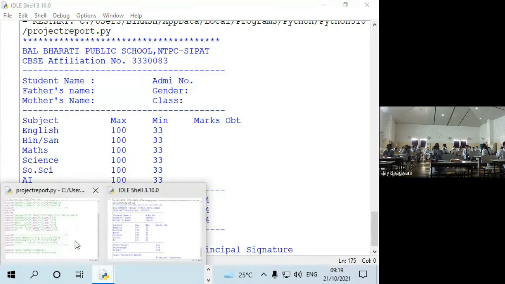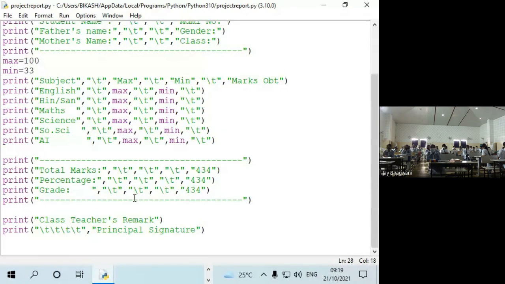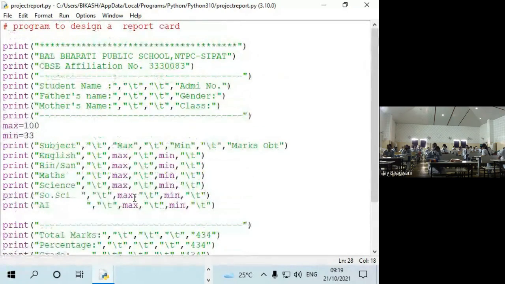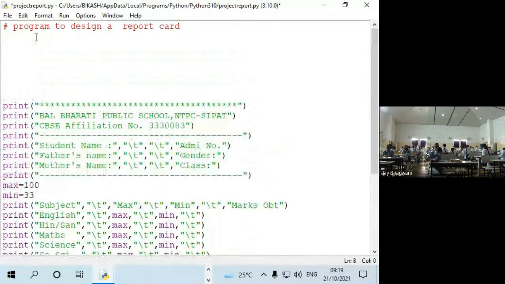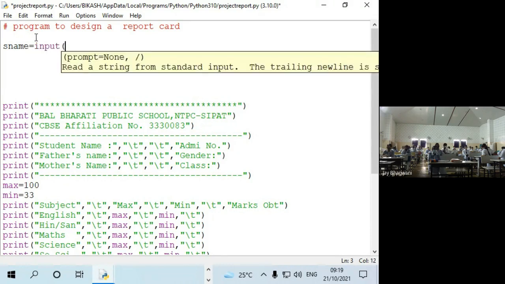Okay. So come again to the program file. So whatever things you require, you have to take the values of this. Clear? So this is actually the design portion. So now I am starting to take the values. Okay. So the first value I require was the student name. So let me give the variable name S name, that is the student name, and I have to input it.